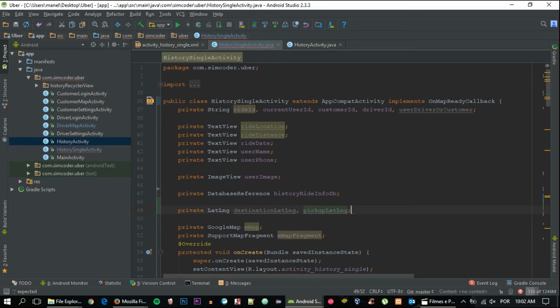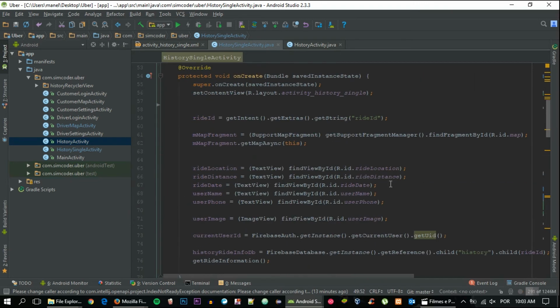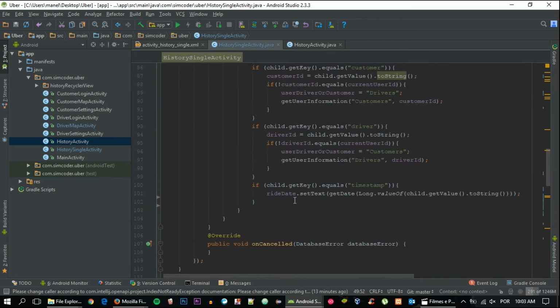Okay, and let me just check one thing. Okay, so now let's go inside here, inside the get ride information, and create another if, because for the destination